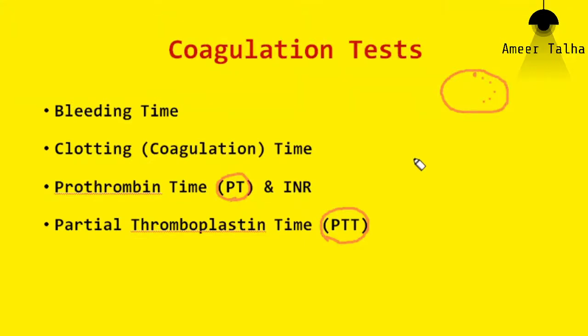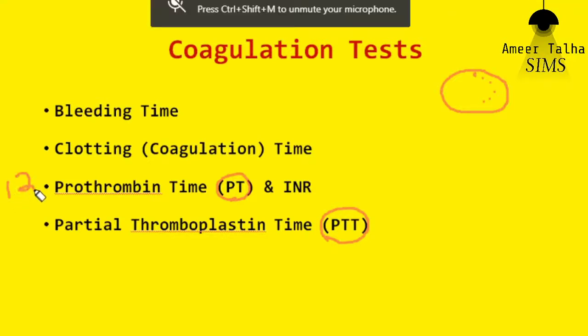Why is calcium added? To nullify the effect of citrate. Citrate, as you all know, is an anticoagulant, so the anticoagulant property of citrate will be nullified by adding calcium. And then we expose the blood to the tissue factor, factor 3, and we determine the time optically, and the normal prothrombin time is around 12 seconds. This is the normal prothrombin time.